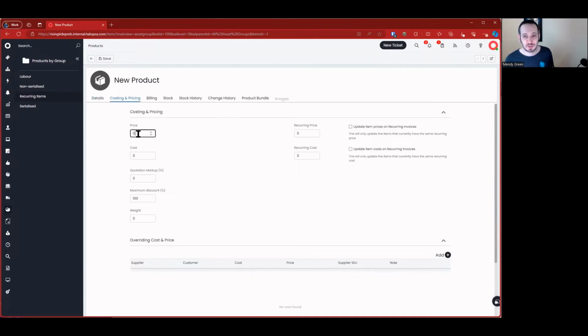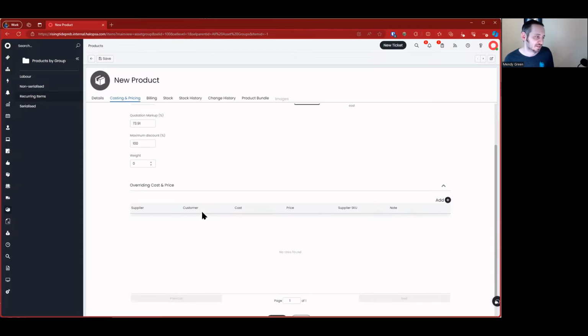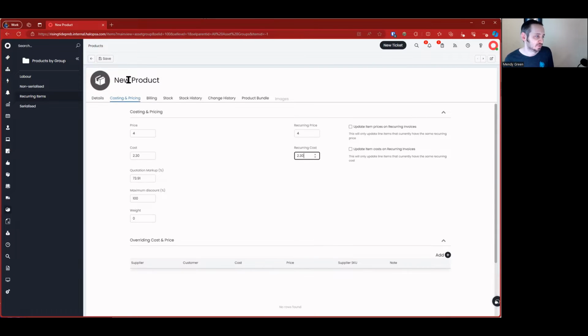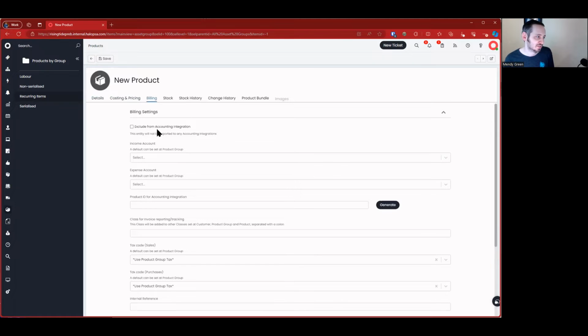We're going to go ahead and set this price. We're going to say, you know what, we're going to charge $4 an agent for Huntress. And our cost is somewhere around like $230 or something like that, right? Now, these are not real numbers, obviously. It's going to be completely dependent on what tier you are with Huntress, but I'm going to go ahead and populate what this is so we can get our markup and discount availability, and we can do overriding costs if we want to. And we're going to move forward through the billing tab, and we're going to say exclude from